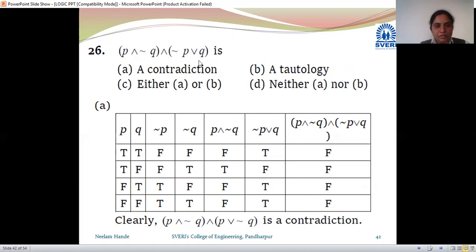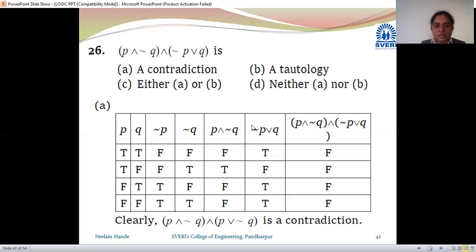One statement is given, whether it is a contradiction, tautology, or neither. So write P, write Q, write this. First we need a negation of Q, and here also negation of P. So write the negation of both of them. Okay, first write this, P and negation Q. Table of these two: true, false, false, true, true, true, all other false. Next, negation P or Q, the or table of these two: false, true is true, false, false is only false here, all other are true.